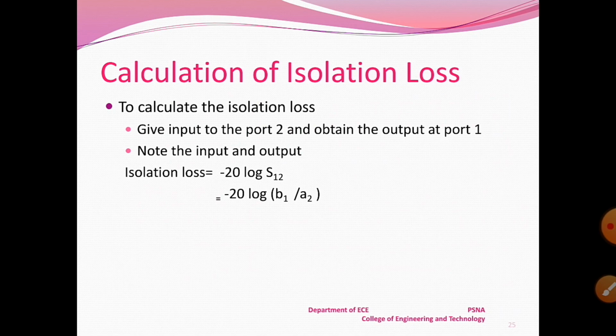So similarly we can find out the insertion and isolation loss between port 2 and port 3, and also we can find out the insertion and the isolation loss between port 3 and port 1. So by substituting the values of S21, S12, S32, S23, S13 and S31 in the S parameter matrix of a 3-port circulator, we can find out the S matrix of the 3-port circulator. Your S11, S22 and S33 will be equal to 0.